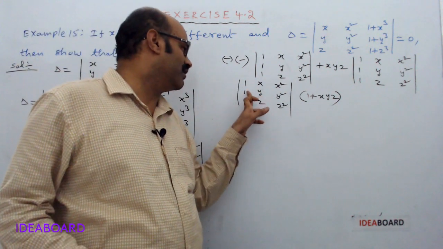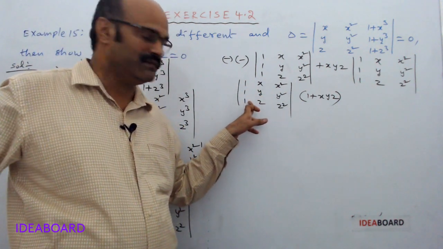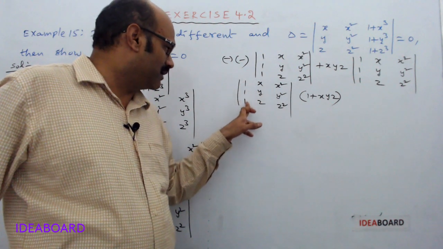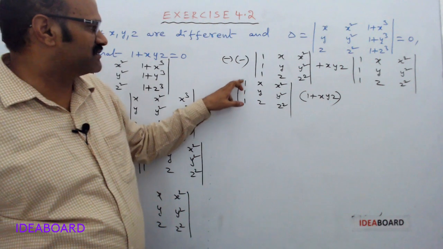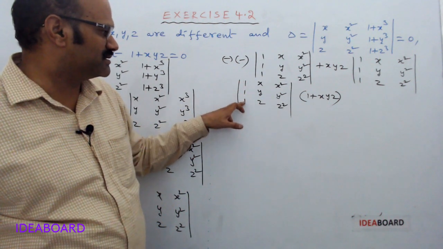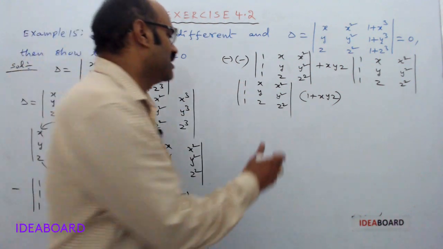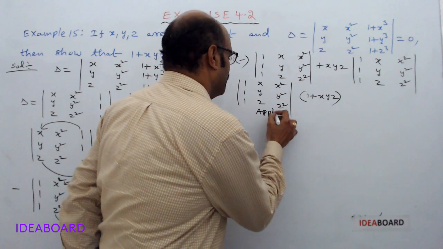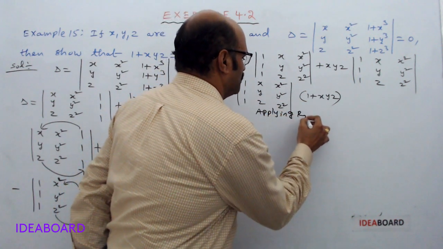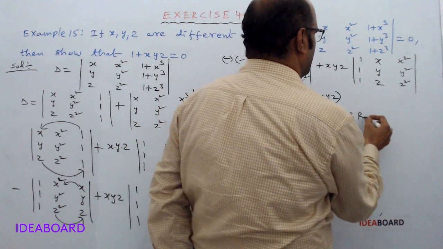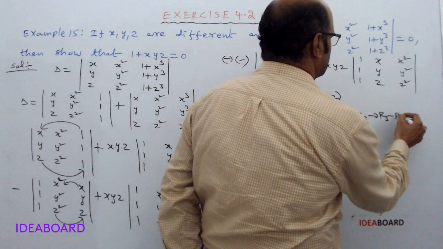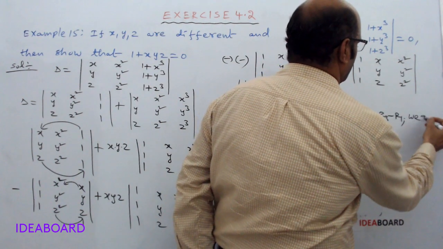Whenever you have 1, 1, 1 in any column, we have to try to get two zeros here. 1 minus 1 becomes 0. 1 minus 1 becomes 0. So we have to write it as, applying R2 changes to R2 minus R1 and R3 changes to R3 minus R1. We get